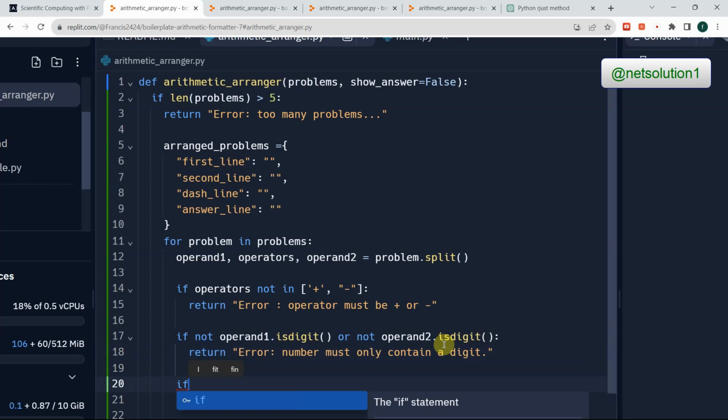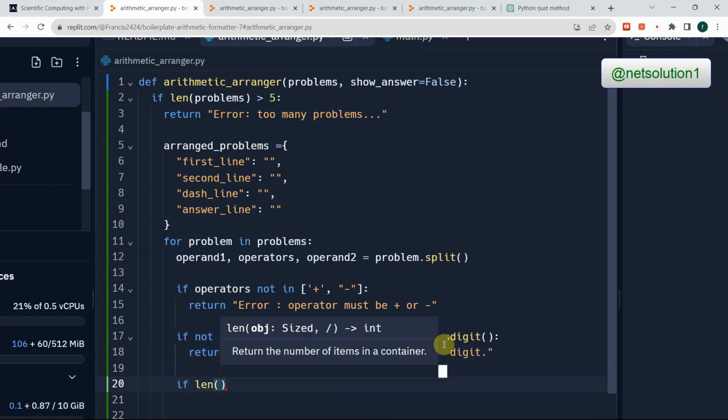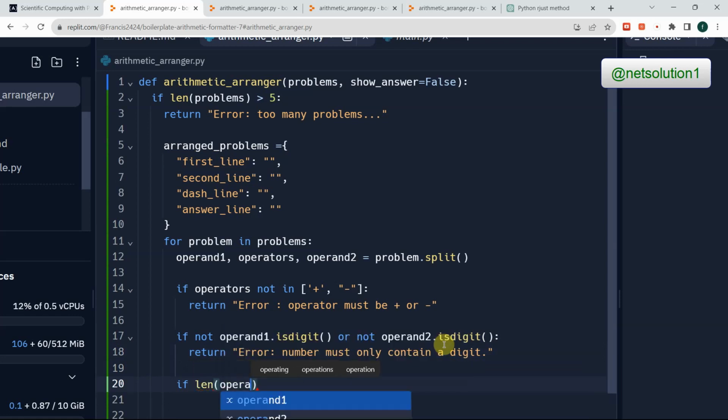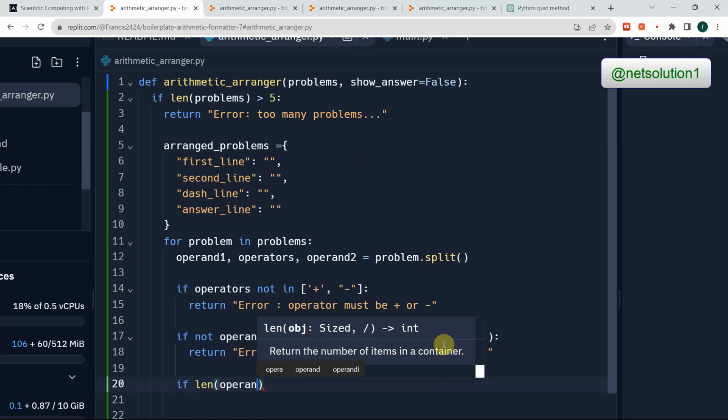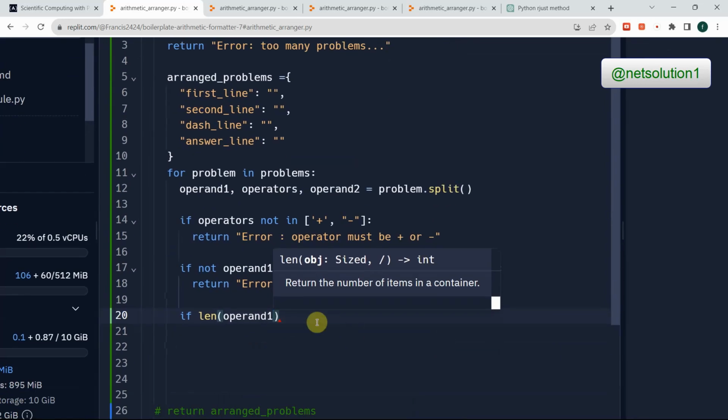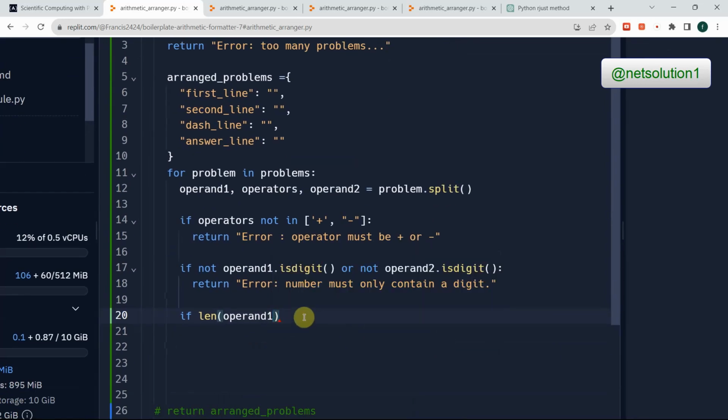Now let's check the length of the user's input. If len, len is used for checking length. If len of operand 1 is greater than 4, they say it shouldn't be more than 4, is greater than 4, or